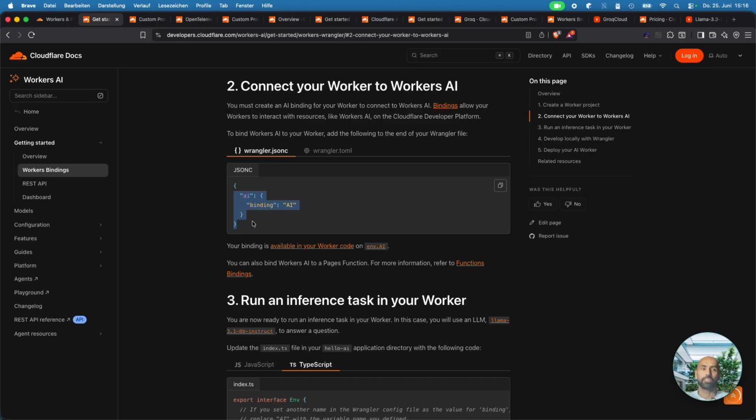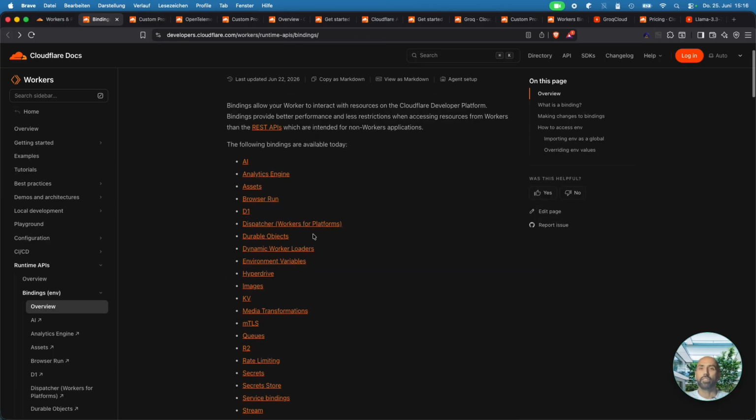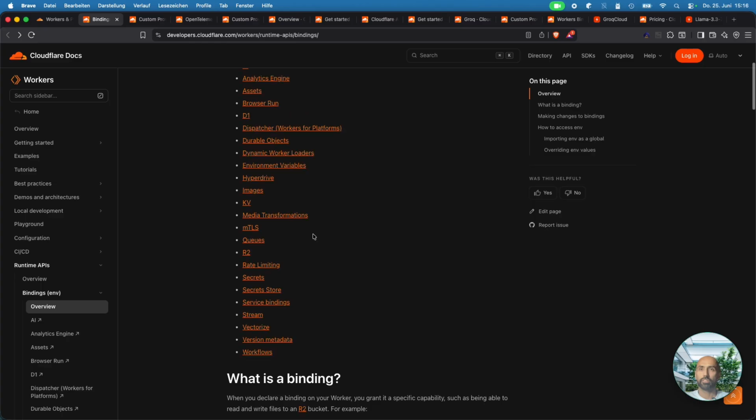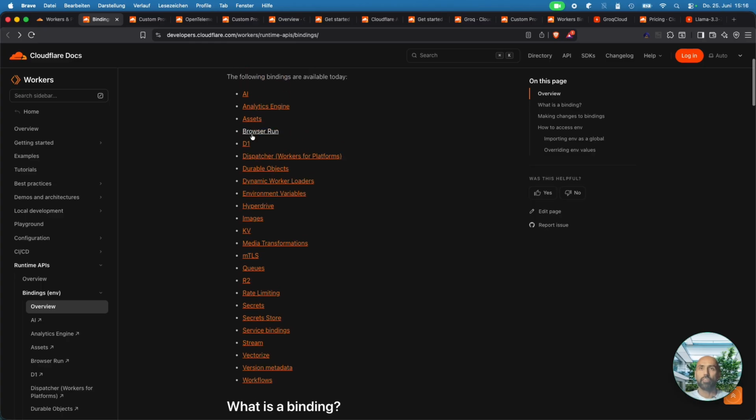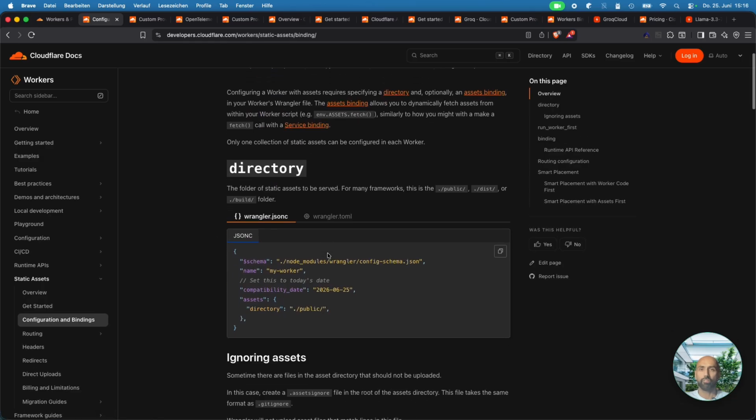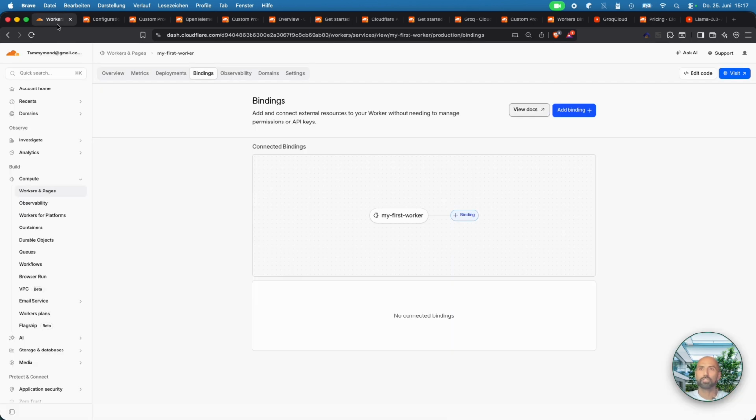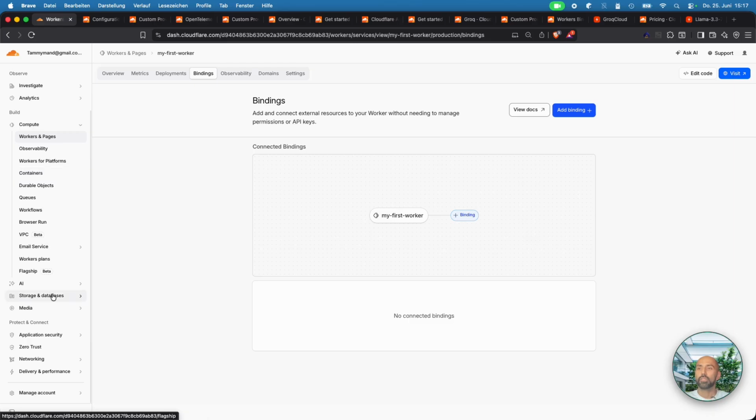Yeah, you see. And for example, you have assets. There was a bucket binding also. Directory, these kinds of bindings you can do, but this is not directly related to AI, but for sure you can do the binding. For AI